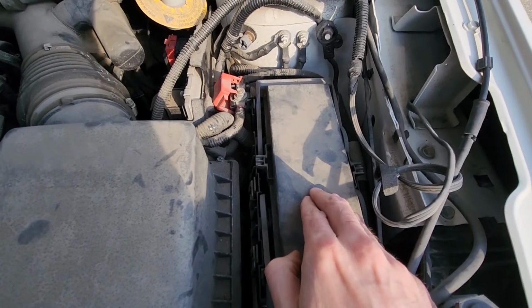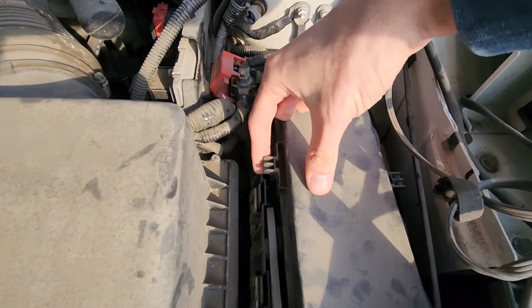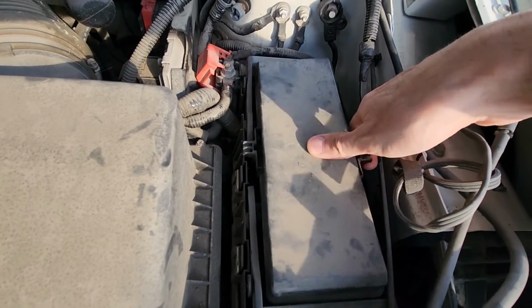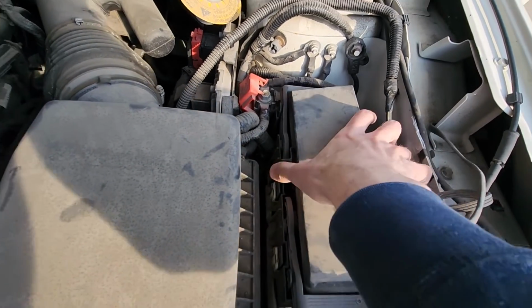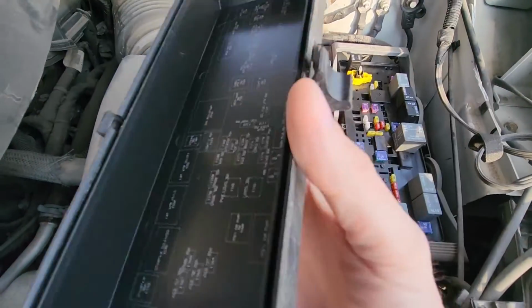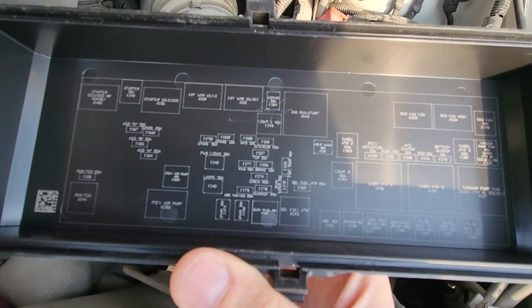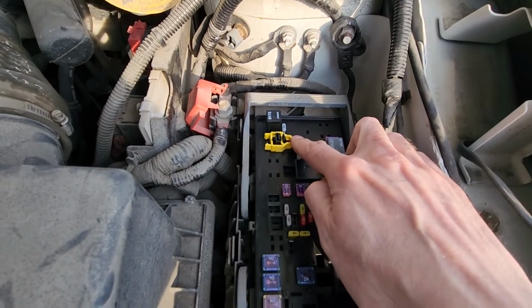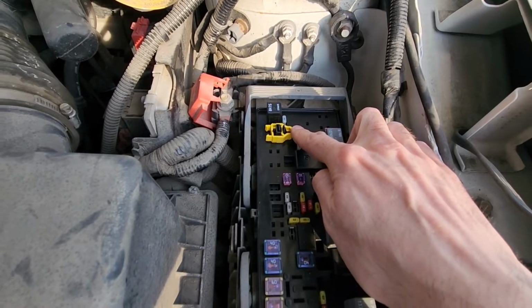Now to remove the cover, all you have to do is lift it up here on the left side and on the opposite side as well. Once you have the cover off, on the back side of the cover you will have a small fuse diagram, and right here this yellow piece, this is the fuse puller you can use to remove and check any of